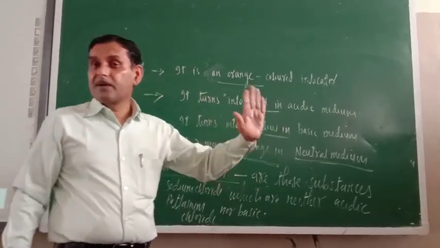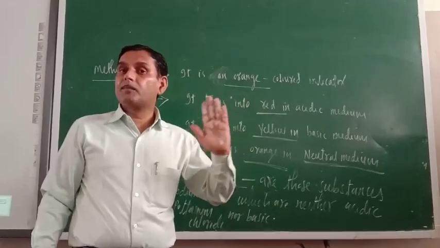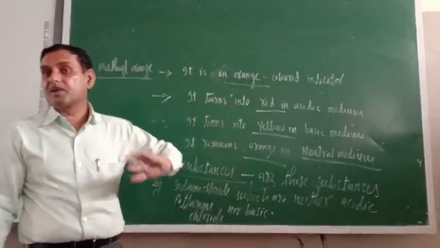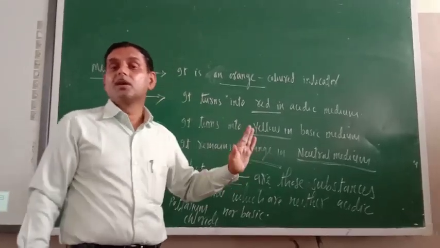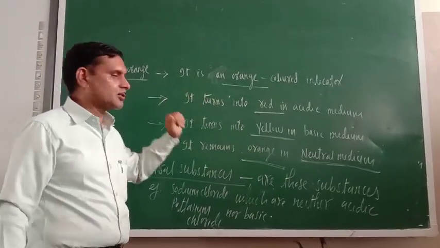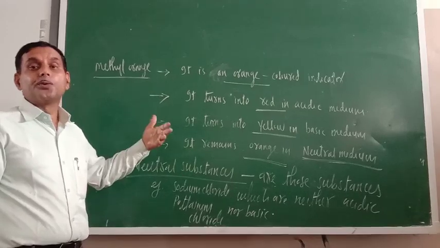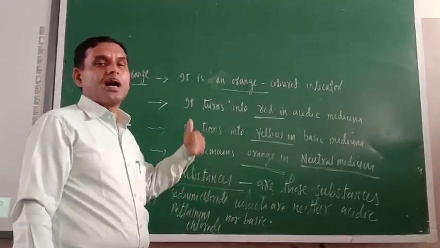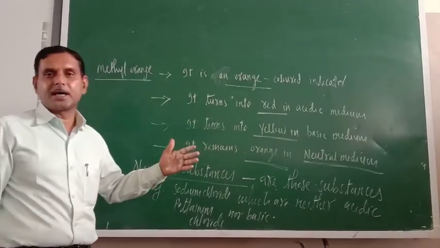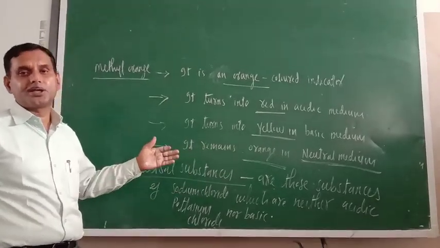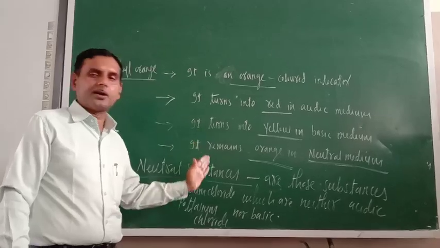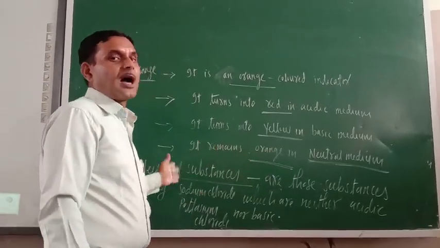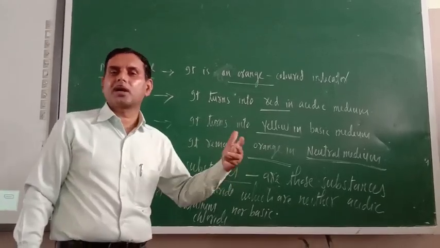That is why they remain unaffected by red and blue litmus, by methyl orange, and by phenolphthalein also. So to understand, neutral substances also play a very important role in our daily life. Other than these salts, many salts are neutral in nature. In a separate topic I will deal with different kinds of salt. Then you will understand what salts are.